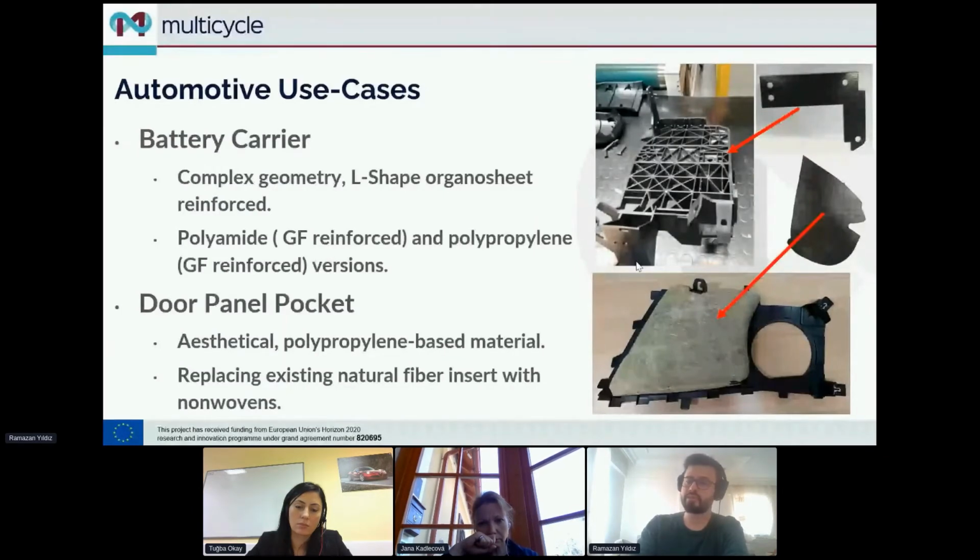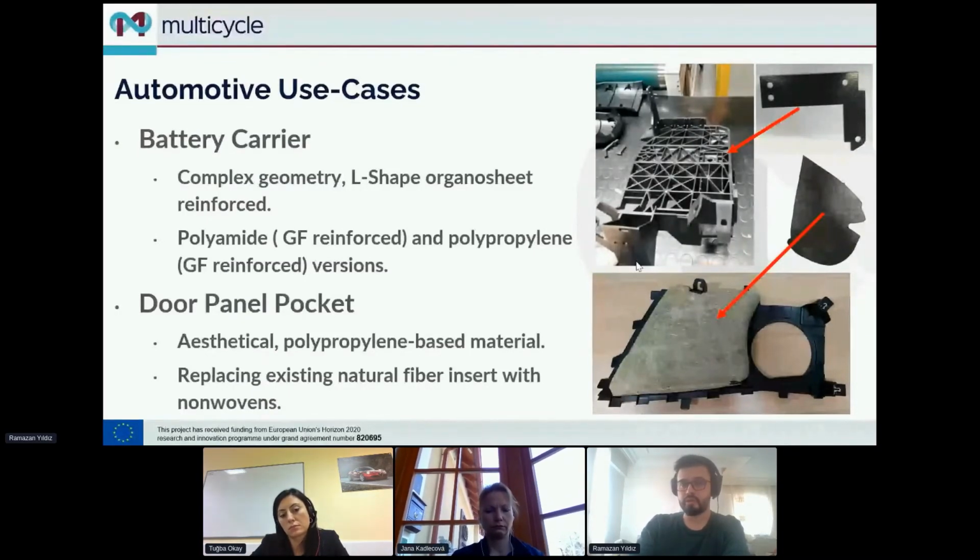When it comes to processing the battery carrier parts, it's quite challenging due to its complex geometry and the stiff L-shaped features included in these parts. We need to be more careful about processing these parts to prevent any burn marks or any excessive shrinkage. And for the door panel pockets, actually the material is easy to process, but the main problem is here,